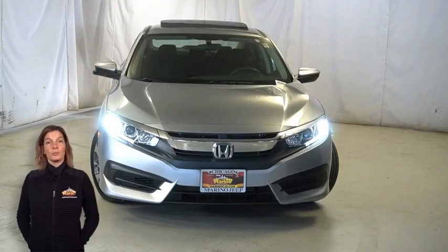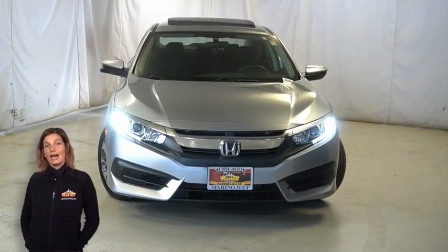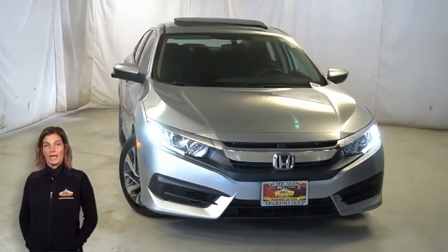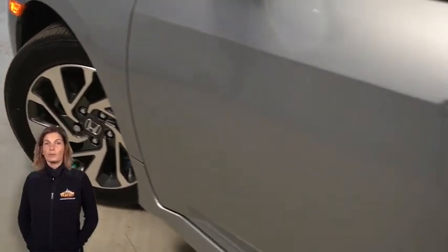Have you been searching for the perfect city commuter with safety and reliability without breaking the bank? Take a look at this 2017 Honda Civic EX in lunar silver. With fully automatic headlamps, electronic stability control, 16-inch aluminum wheels, power heated mirrors,